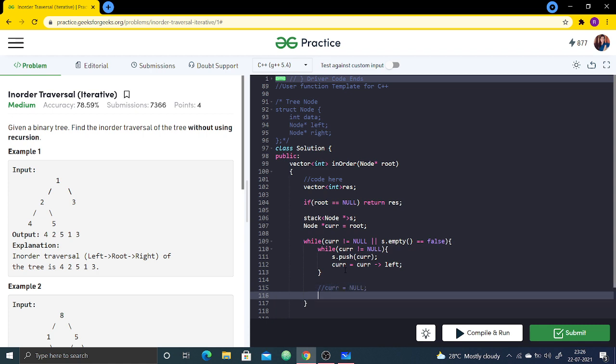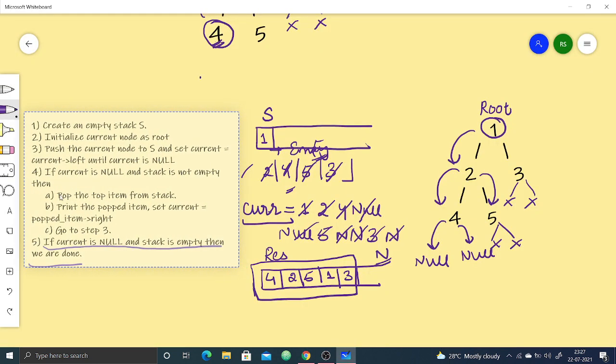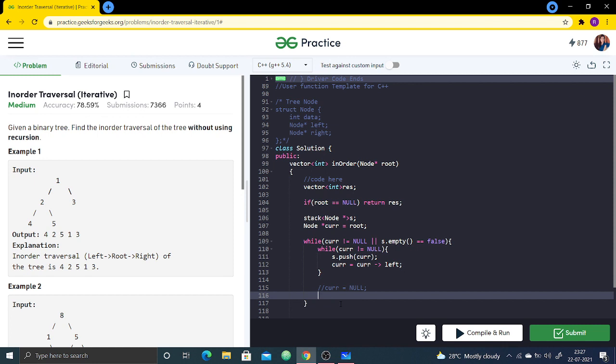So what we have to do when the current is null: we have to pop the item from the stack, print the popped item, and set current equals to the popped item's right. Let us make another node temp to keep track of which item I have popped.